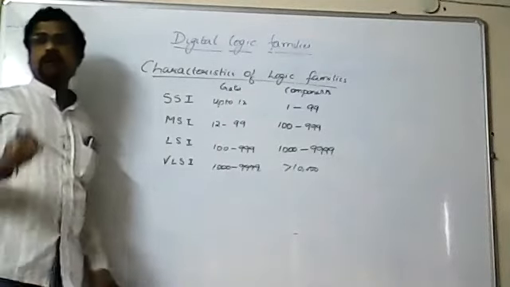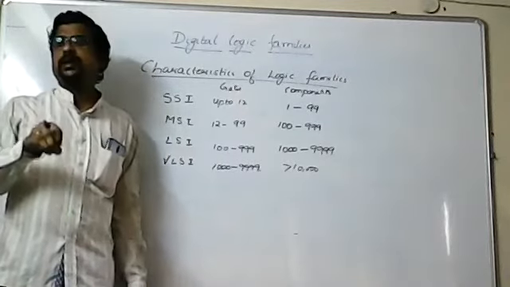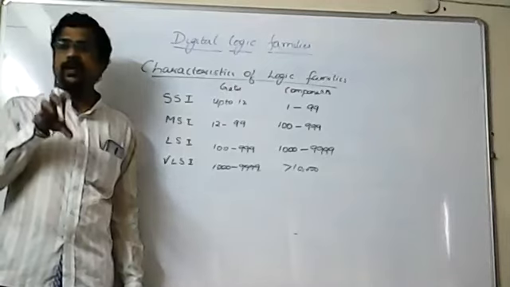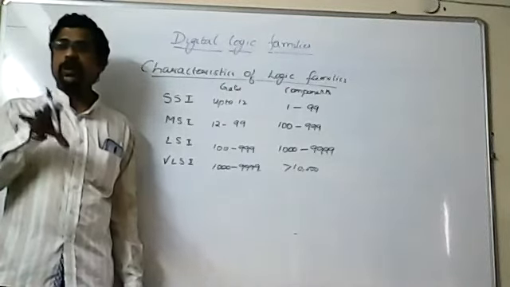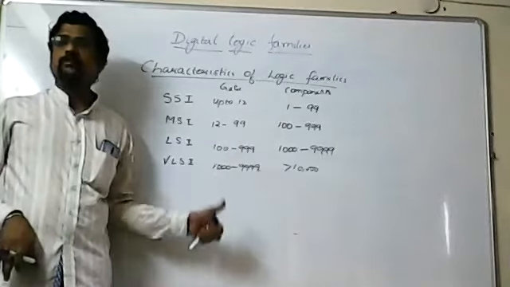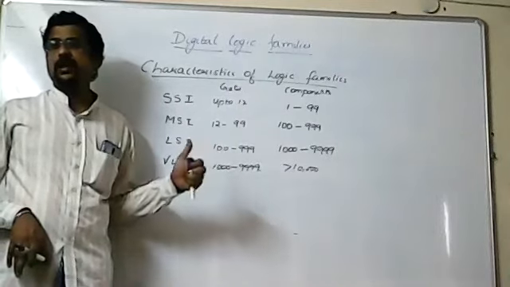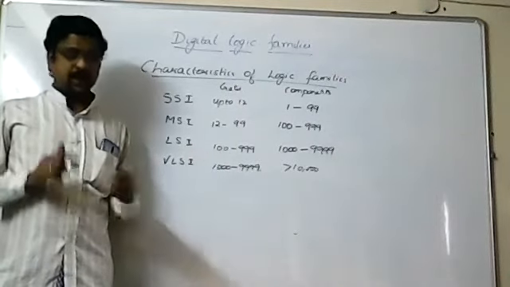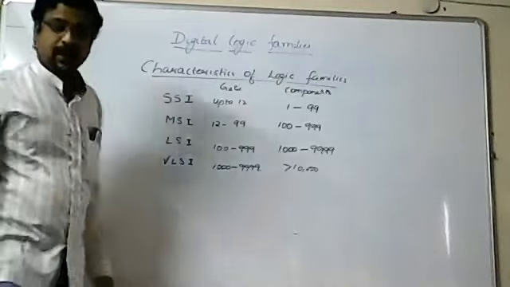So whenever you are designing a digital IC by some logic, you need to take this consideration first. First you have to analyze and find your requirements in a design. How many gates are used? How many components are used? Depending upon that, choose one of the integration techniques, either SSI, medium scale, large scale or very large scale. That is the first thing in designing a digital IC.